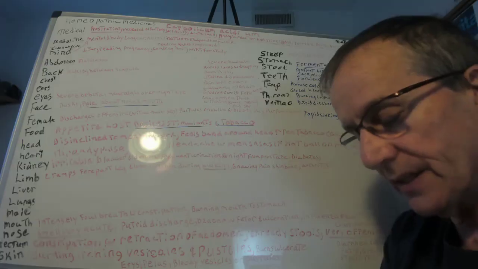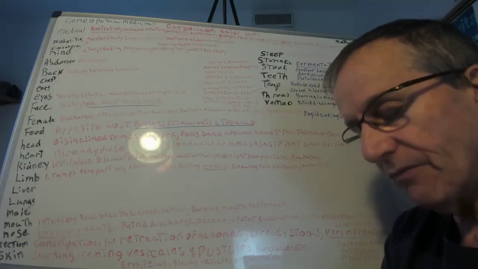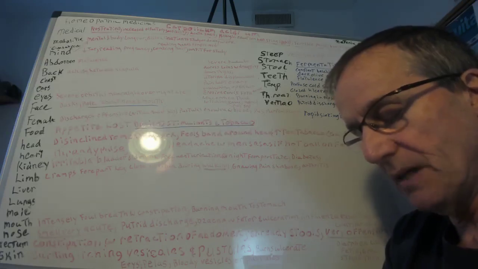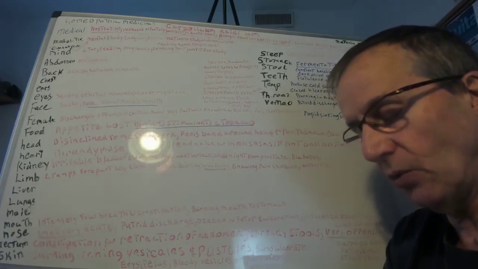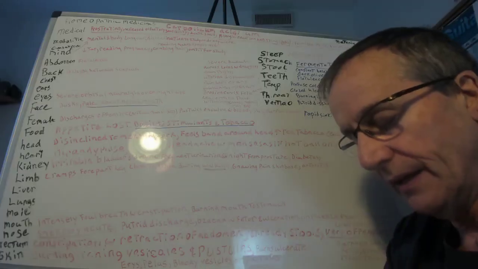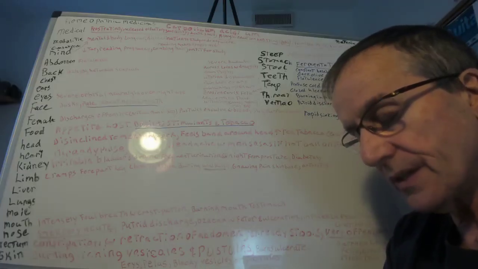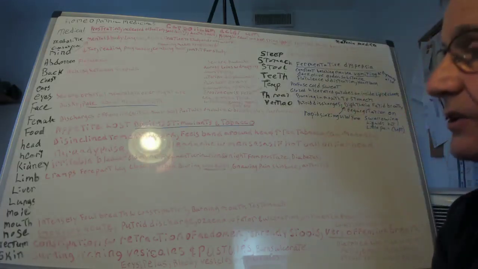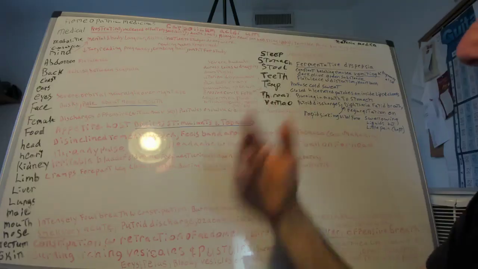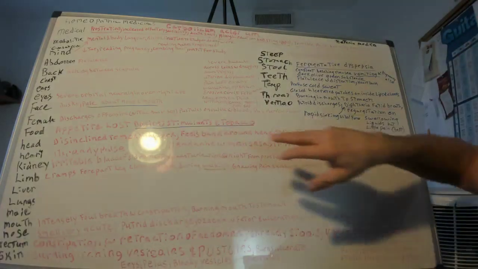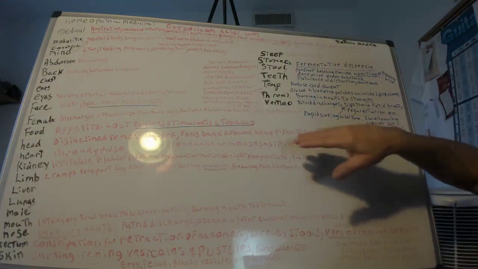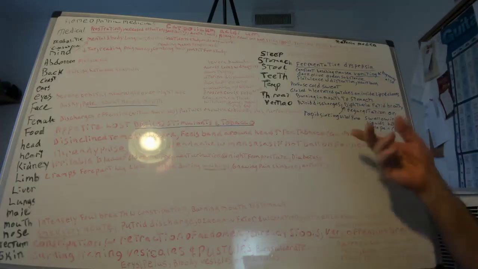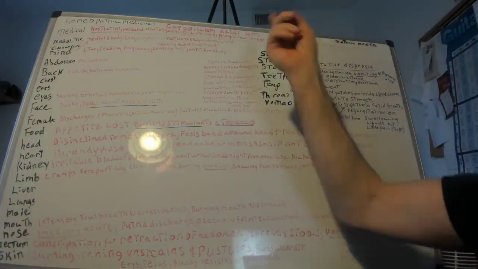Where was I? The head. Okay, here we go. Feeling as if compressed by a rubber band, better green tea and smoking. Gelsemium and mahonia are 2 medicines that would go with that. Feels like a rubber band around the head. Now, there was another one. It said feels like around the brain. Oh, that's at the end. Okay, so there's just a lot of different things in here that I really can't fit at this point. So I try to. There's the gelsemium and mahonia for this. They want green tea and tobacco. It makes it feel better. Gelsemium, mahonia with that band feeling around the head, and